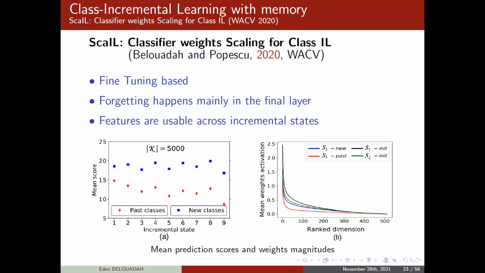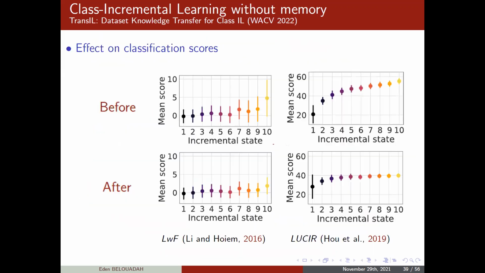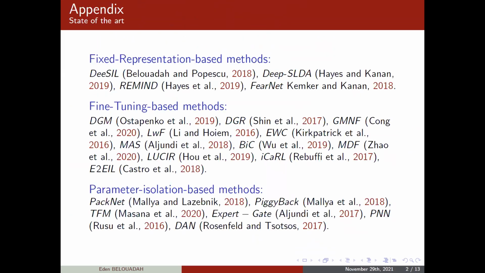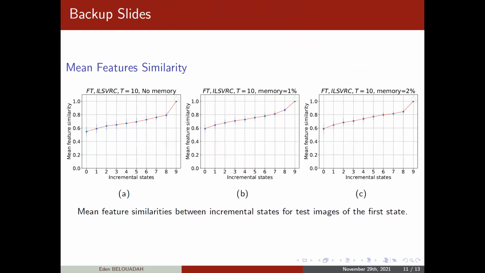For the experiment that I already showed in the backup slide, when we did the plots of the mean feature similarity between the classes in the initial state and those of the past in the last state, we found that the features do not evolve a lot when we modify the size of the memory. For this reason,